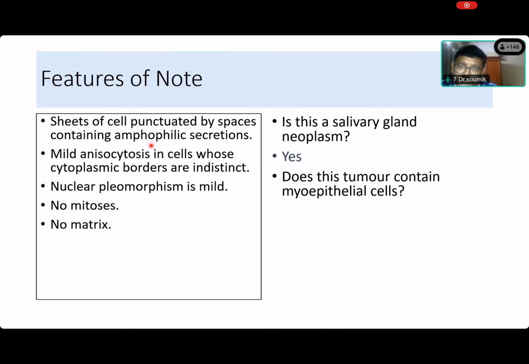Yes, have you seen them so far, Somik? No. We haven't seen any myoepithelial-containing tumors so far today? No. We have seen. Oh, we have seen. Very good. So name them. What have we seen? Pleomorphic adenoma, adenoid cystic carcinoma. Very good. Pleomorphic adenoma. Which other one did we see? Akshara, please help him. Adenoid cystic carcinoma. Yes, very good. So we saw two. So at least tell me what the myoepithelial cells look like in pleomorphic adenoma and adenoid cystic carcinoma.